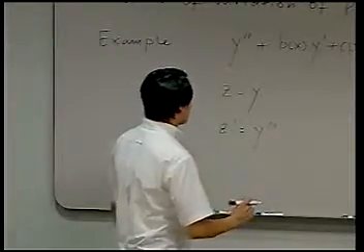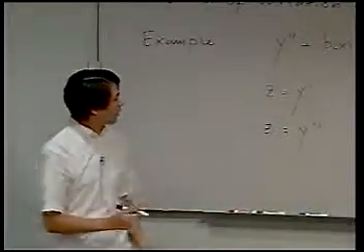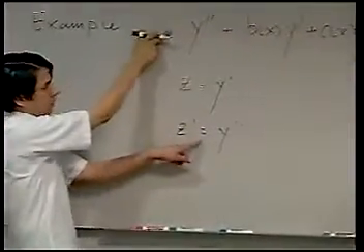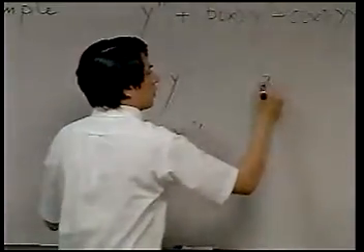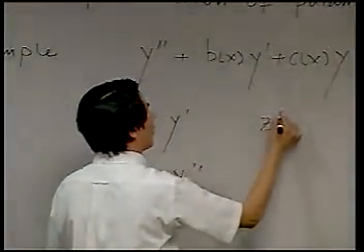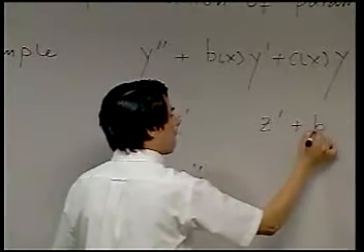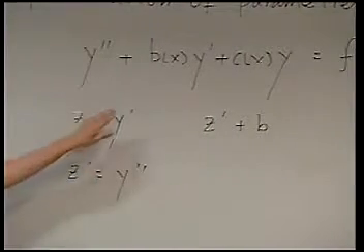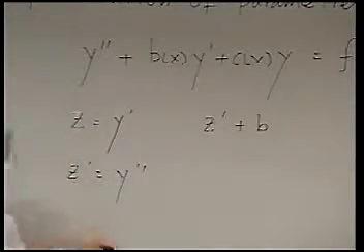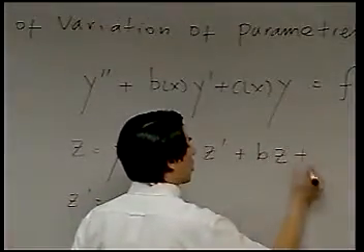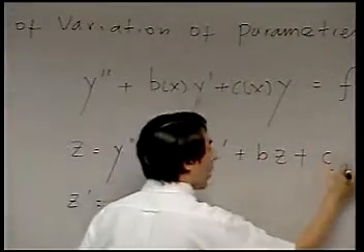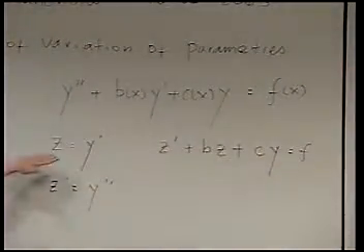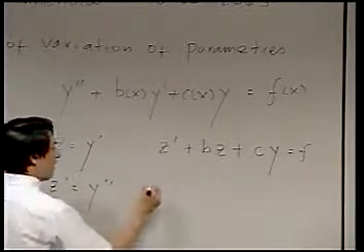Now, doing this as a system of linear equations, we have z prime right here. I'm going back to the original equation here, z prime plus b, I'm going to drop the reference to x, although we understand there is one, y prime, which we are naming z, plus c y equals f, and of course, the substitution we made. So the system we have now,